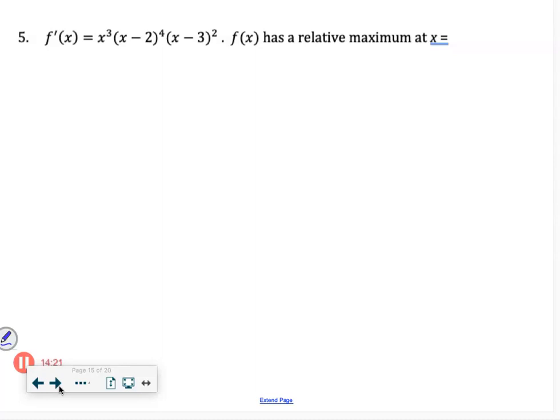Yes, Emma. Okay, so this guy has a degree of 4, and this guy has a degree of 2, which means that these guys will never change sign. They're always going to be positive, or 0, but they're not going to change signs. Positive, positive, positive, positive on either side of both of those zeros. So the only one we have to look at is this guy at x equals 0. These are always positive, so this is the only thing that determines the sign, which means we're negative to the left of 0 and positive to the right of 0. We're going negative to positive